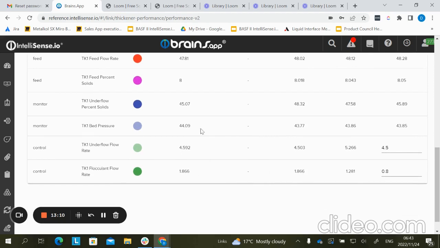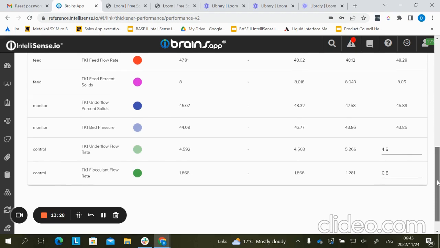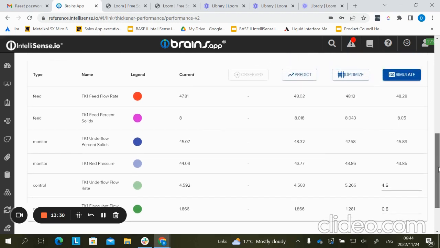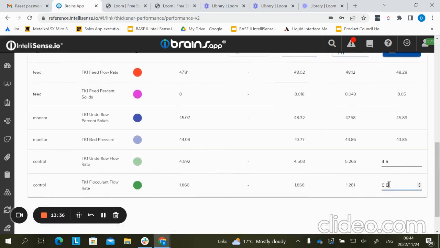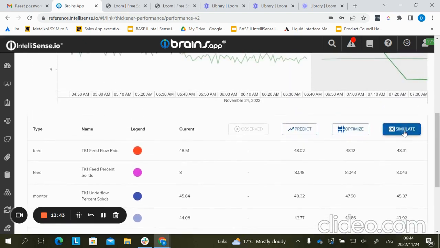So current values for these two are 4.59 cubic meters per hour of underflow flow, and the flocculant dose rate is at 1.8. So a metallurgist may want to get an understanding of how a reduction in flocculant would influence the performance of the thickener, and you can then type in the values, so 0.8, and let's say we keep the underflow flow the same, and then press the simulation button,